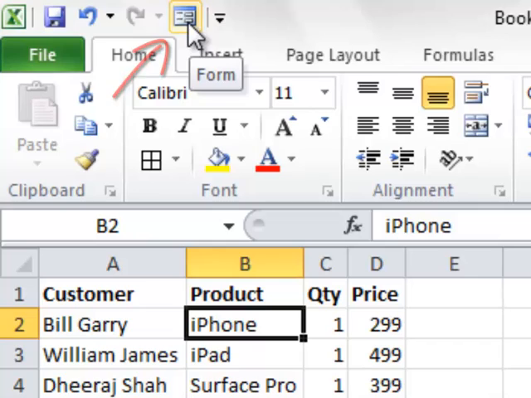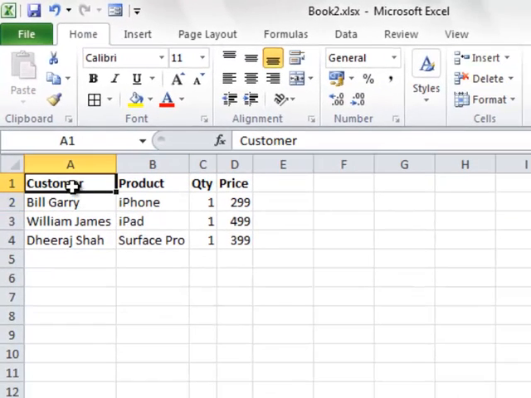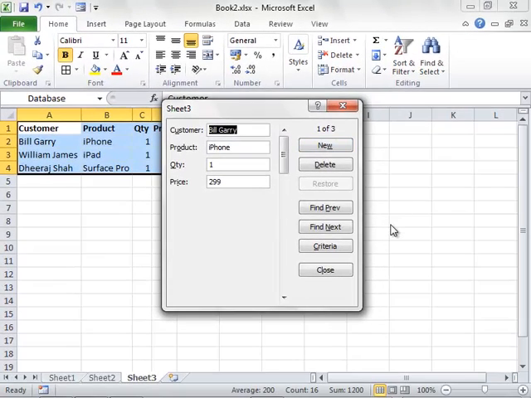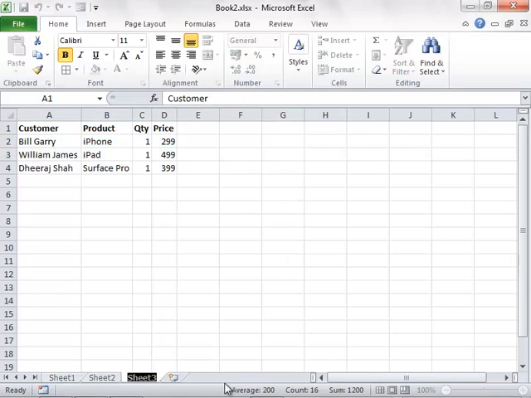Now simply to insert a form, I can select my data set by clicking. I can select with the help of mouse, or I can just click on A1 and use shift and right arrow and down arrow to select with the help of keyboard, or I can use the mouse to select this way. If I've selected this entire data set and I simply click on form, here we go. This is the magic of Excel forms. You can see automatically the title Sheet 3. Okay, so it is the title of Sheet 3. Had it been something else, say for example